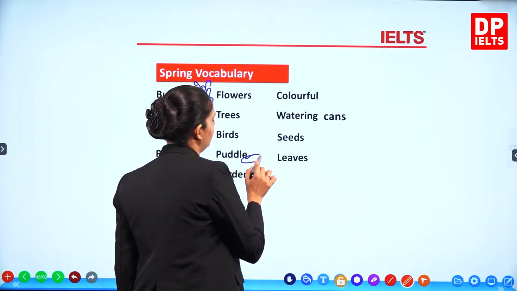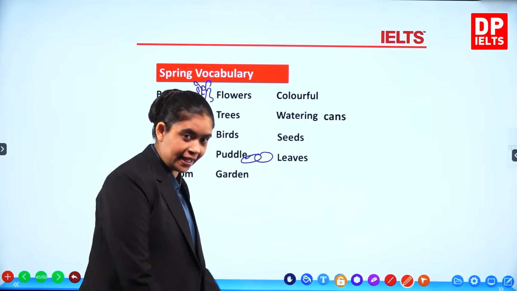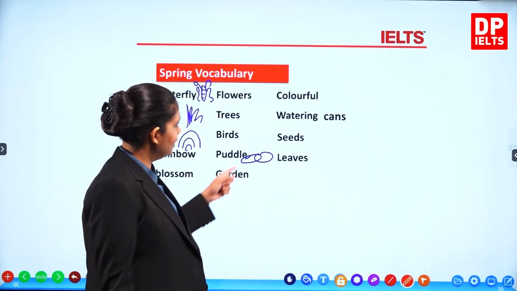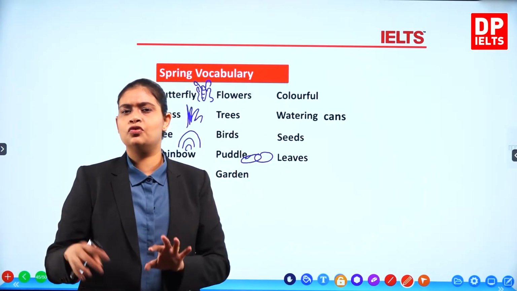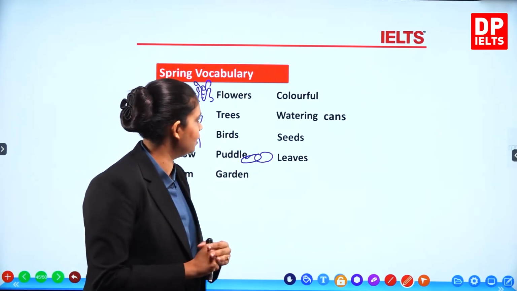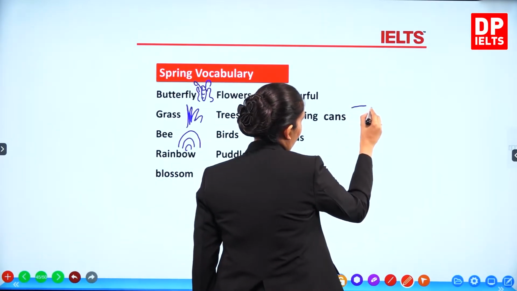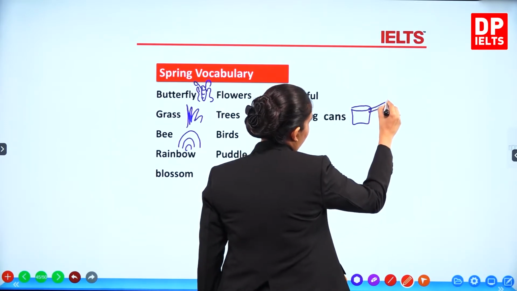Puddle. Puddle is when there is rain and the water gets collected on the ground. Garden. Colorful is when you have lots of colors, pink, yellow, orange, red, purple, around, very colorful. Watering can is the can that you would use to water.